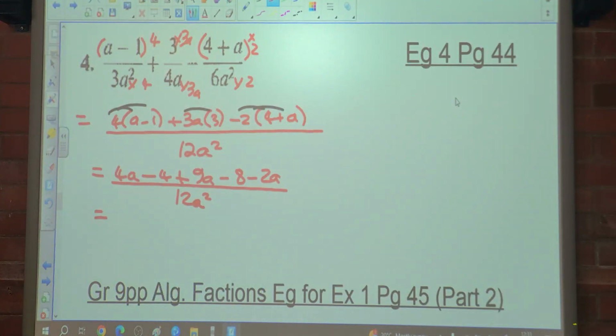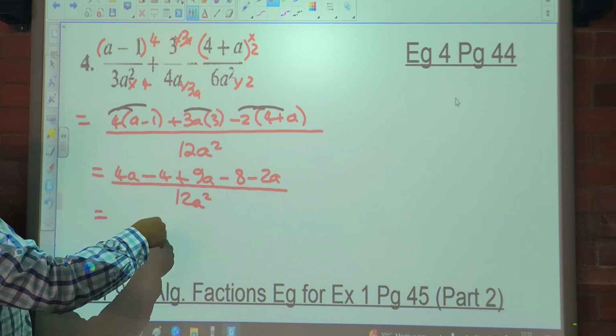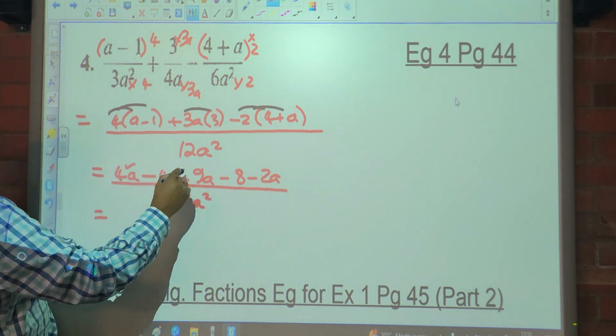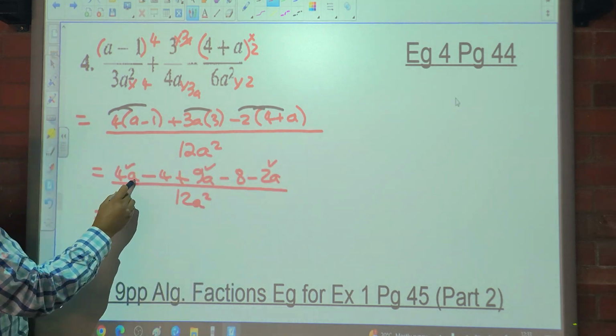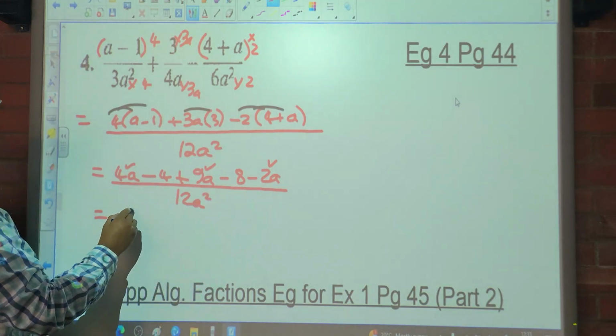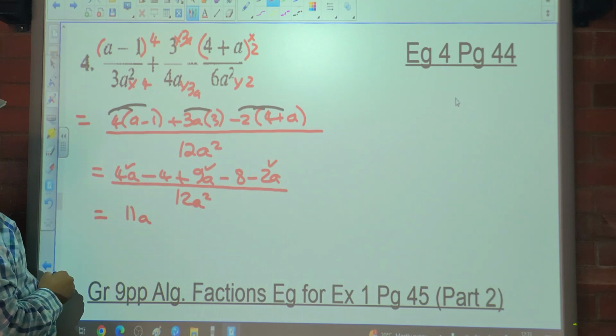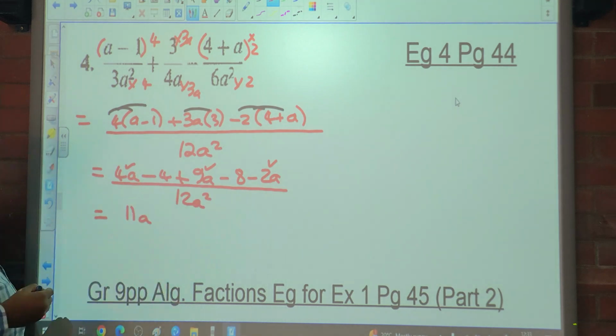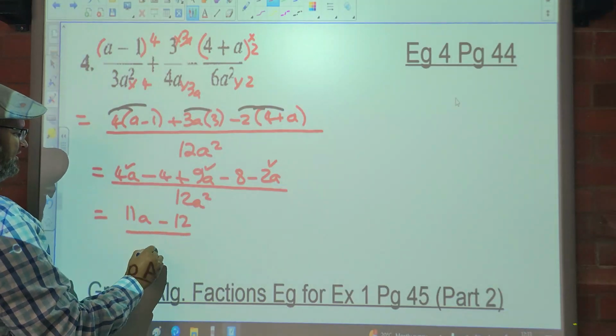So what do we do now? Like that. It's the same process that's taking place all the time. So what is 4a plus 9a? 13a minus 2a? 11a. What is negative 4 minus 8? Negative 12. And this is all over